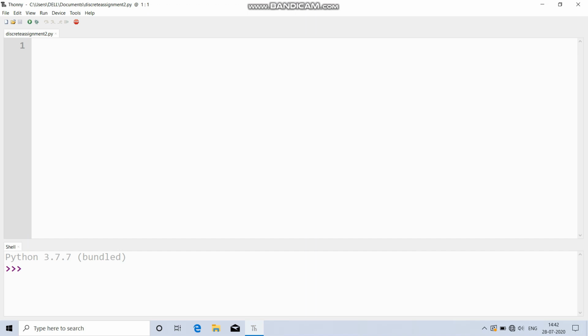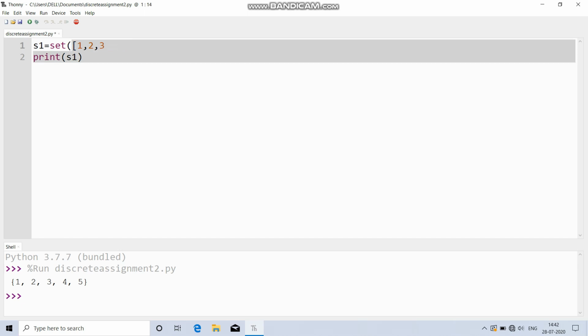A set is an unordered collection data type that is iterable, mutable, and has no duplicate elements. To create a set, we can simply pass a list of values to the set function. So, I have a set here, S1, which takes numbers from 1 to 5. And then I am printing that. If I write print S1 here, you can see it looks like a list, but it has curly brackets instead of square brackets. We can also create a set like this.